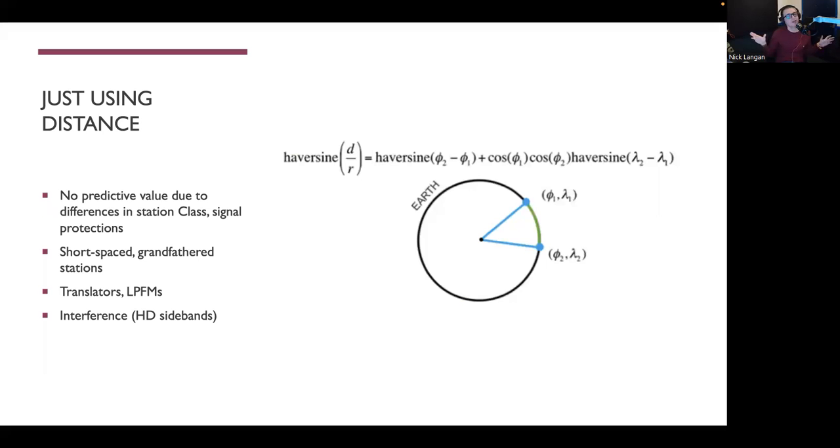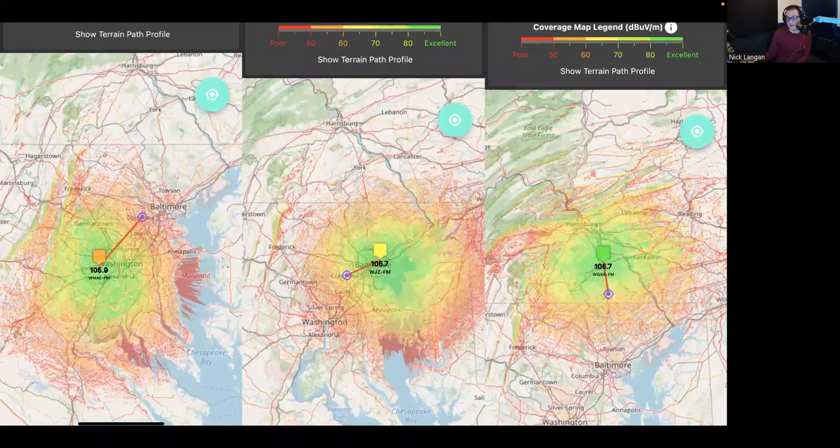If it was, we might just be able to, again, concoct some sort of formula taking into account ERP and height above average terrain. But I don't think that would have any value, and it would probably be far less than just using contour data. And so, as far as using distance, one of my favorite examples is between DC and Baltimore, where you've got the co-channel